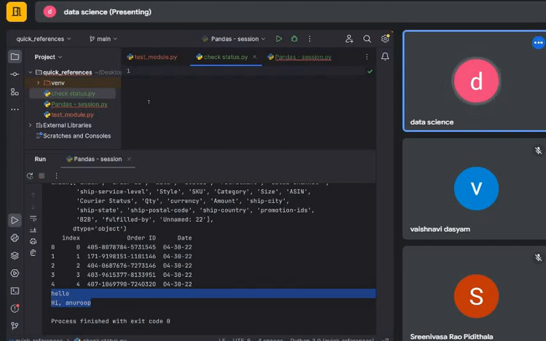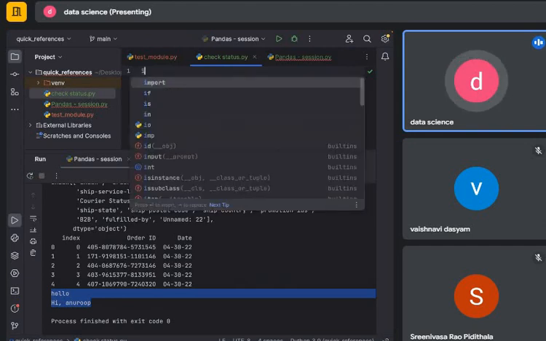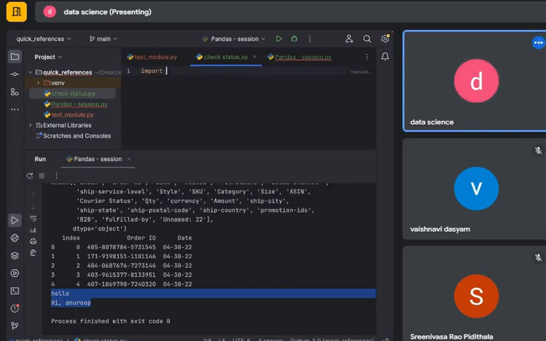So I'll simply import test module here. From test module, import print high, and then you call print high here. I'll take a variable called check and say delivered,